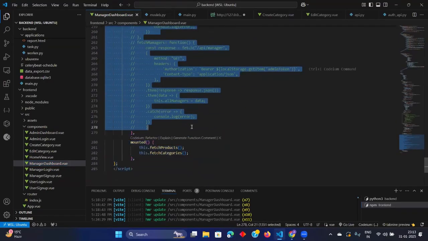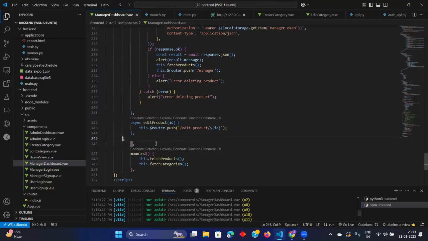Not many tasks are left actually. Just this thing is left, and after this, the search functionality. Also in the manager dashboard something is left: sending a request to update, create, and delete a category. The manager will send a request to the admin that I want to create a new category, edit this category, or delete this category. So we also have to do this in the manager dashboard.